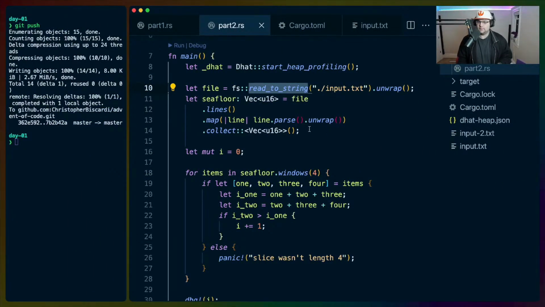Because we need a slice to do windows, we can't actually do windows on the iterator, which means that even if we read the file in line by line, there's nothing we can actually do about it because we have to get those contents before we run windows. So I don't think there's anything we can actually do here to reduce the amount of memory usage.